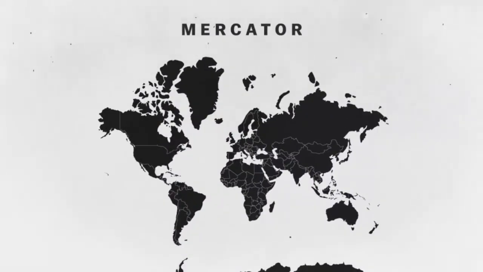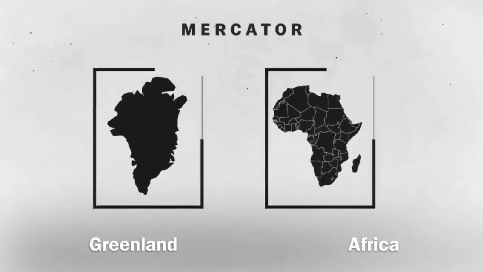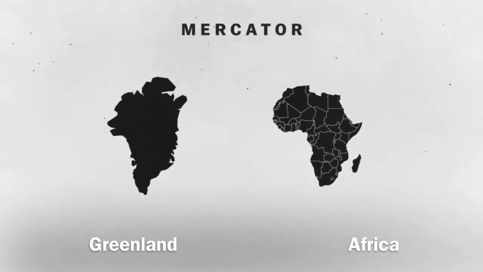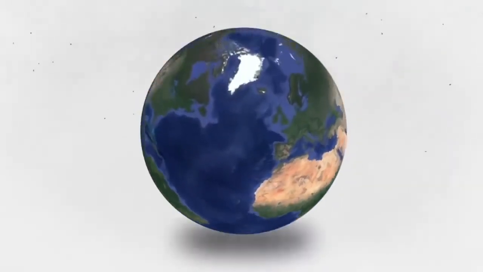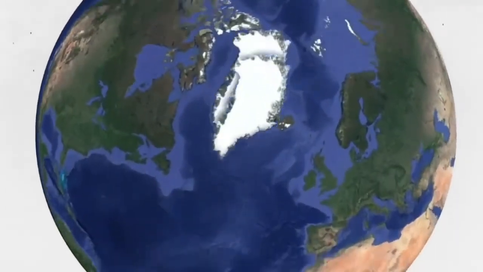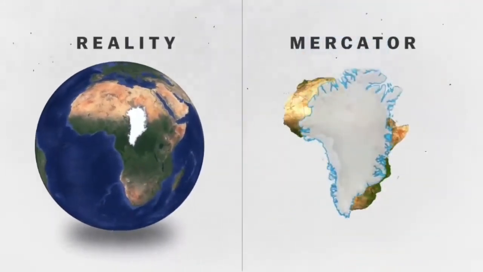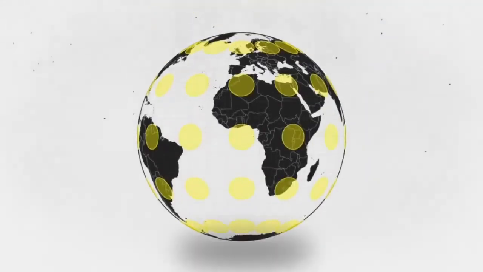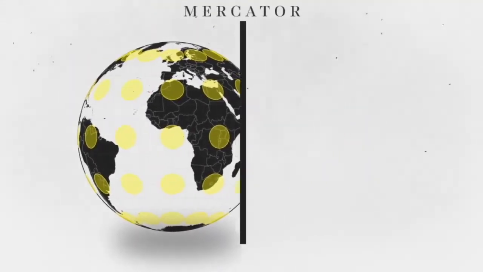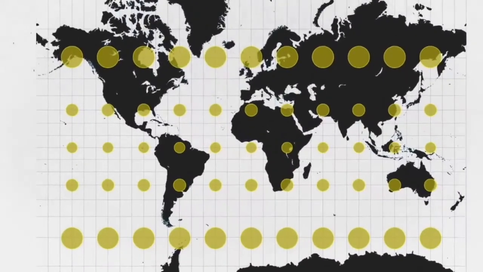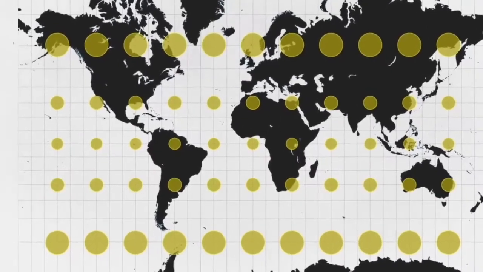Now, taking another example, let us take Greenland and Africa. Greenland and Africa look similar on the map, but in real life, Greenland is 14 times smaller than Africa. So this is the biggest problem. Now, how do we verify this? Let's draw small circles around the globe at equivalent radius. Now, when we put it on the map, this is how it looks. The ones which are around the equator are the smaller ones, and the same circles at the same radius become bigger around the poles.